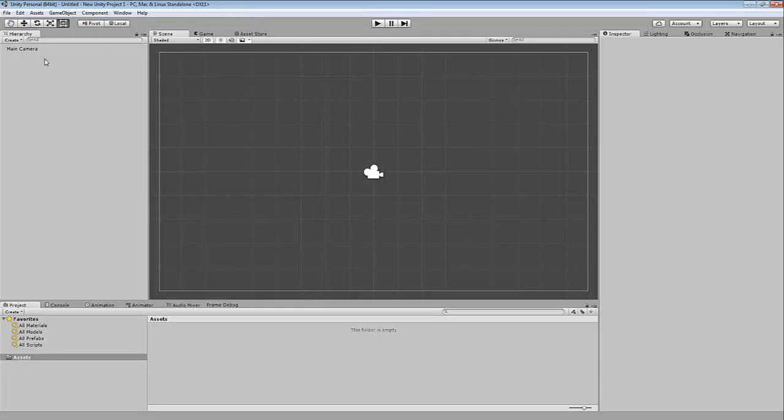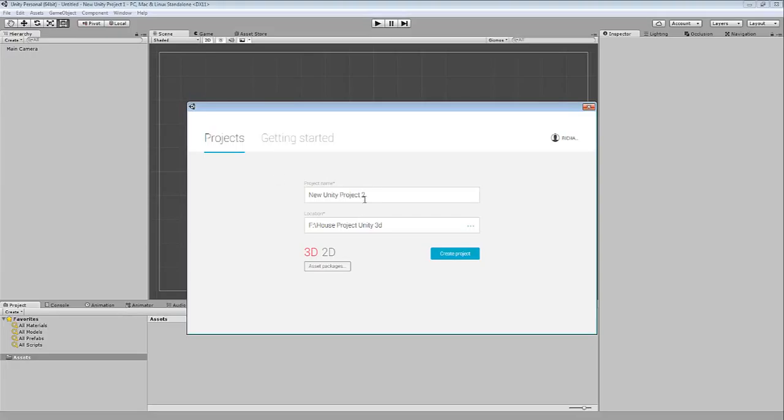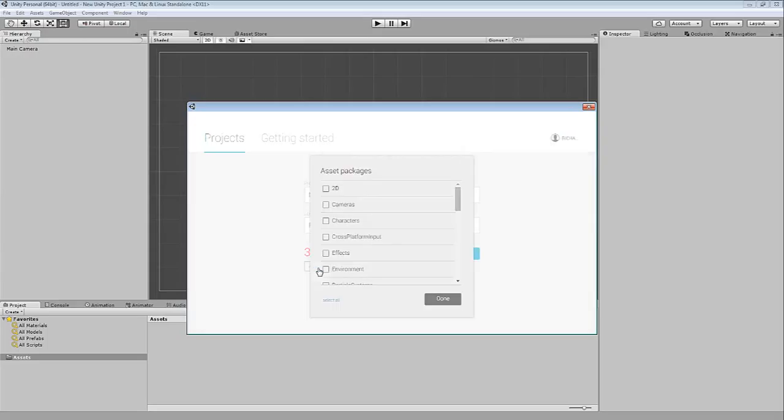I've opened up Unity, so the first thing we're going to do is go to File, New Project, and you can change this name here if you want and the location, but we'll leave it as is for the moment. And we'll go Asset Packages. So we go on Characters, Effects, Environment, Particle Systems we probably won't use, and